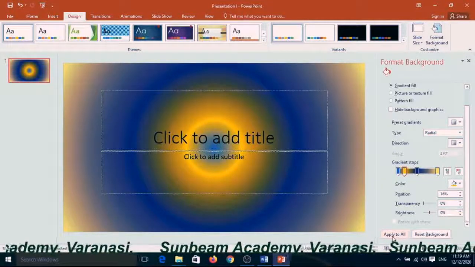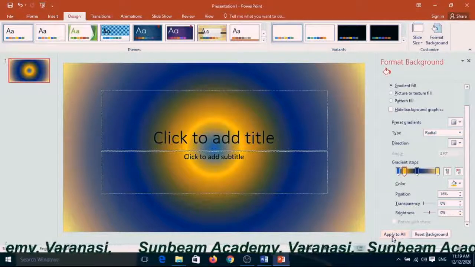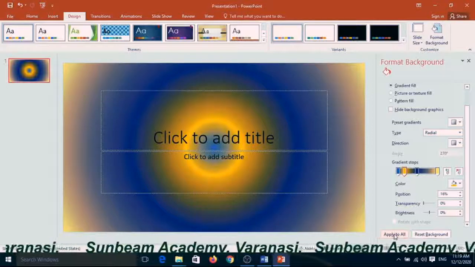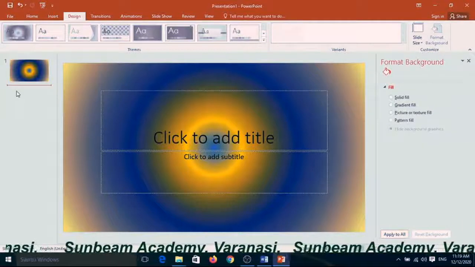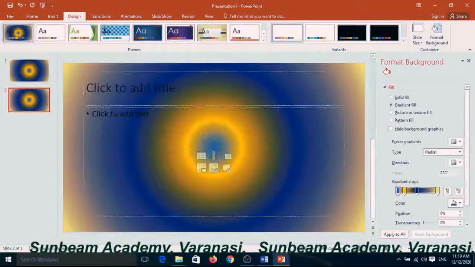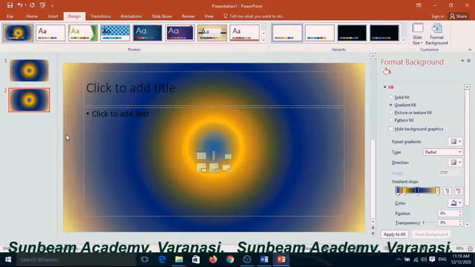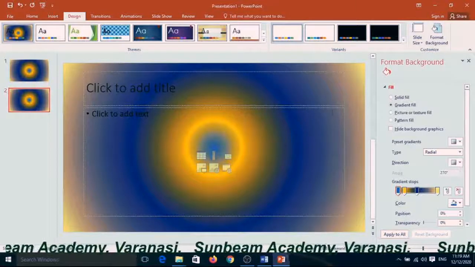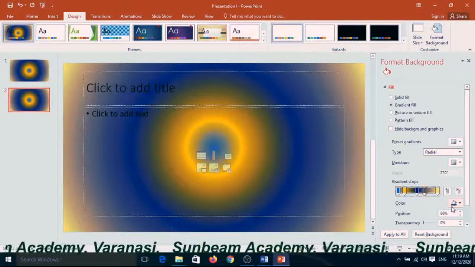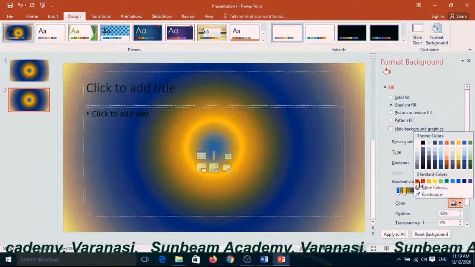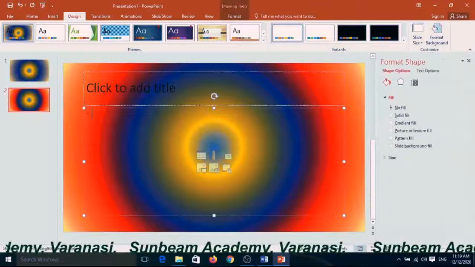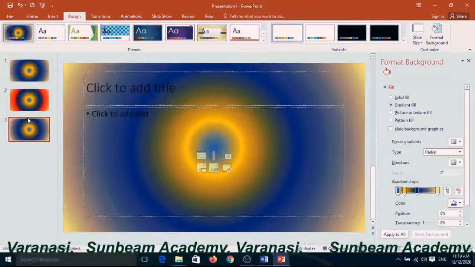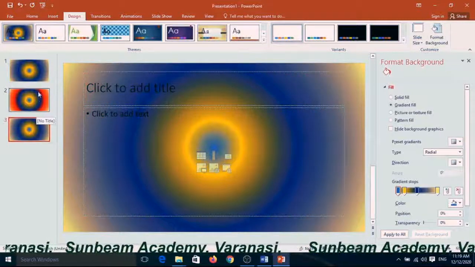And here is Apply to All. If you click Apply to All, it means, suppose I click Apply to All here, when you create a new slide, see, it has already been created. If you want to apply only to this file, don't click it. Suppose I click here to add one more color, the red color, and don't apply to all. When you click a new slide once again, see, that is the background of it.